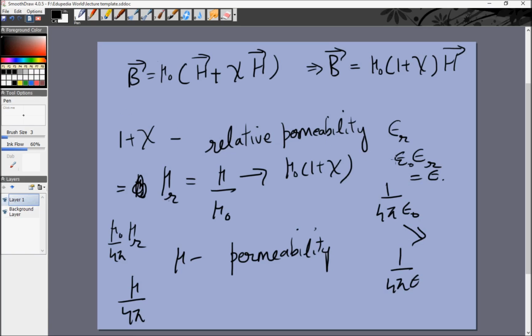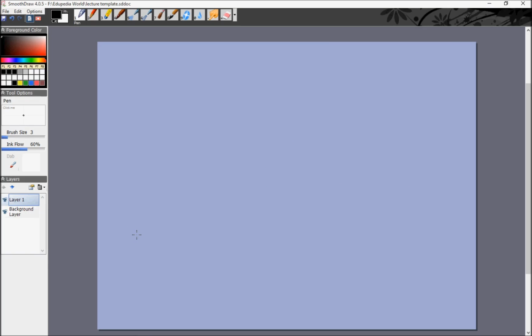Epsilon r is relative permittivity. 1 plus chi or mu r is relative permeability. And epsilon is the permittivity of any material, and mu is the permeability of any material. This is the point where we see lots and lots of parallels between electricity and magnetism, and it's quite nice. Next we move on to something called Curie's Law, that was discovered by Madame Curie,